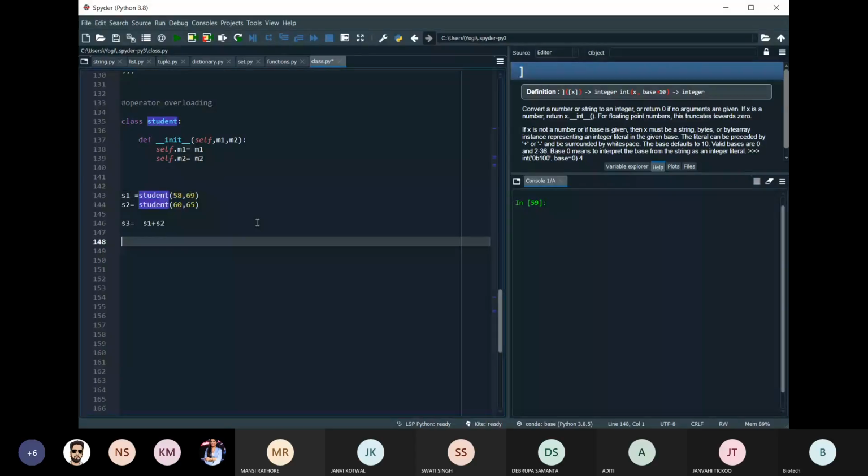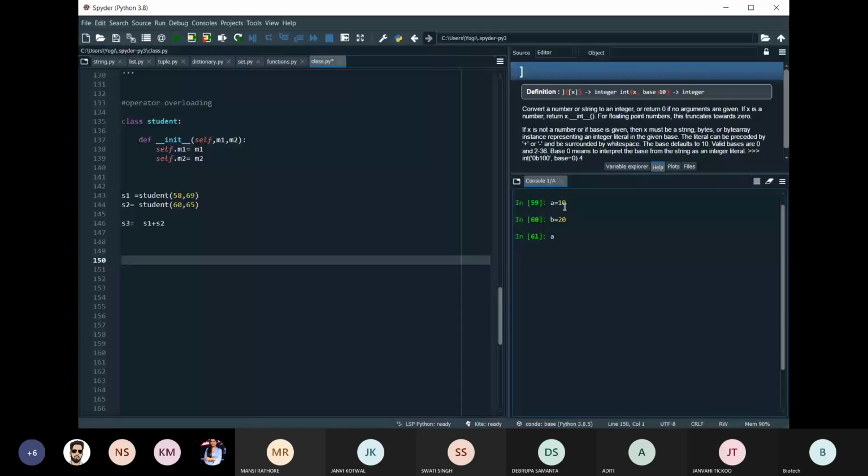Right? So to understand the meaning of the plus operator, I have already told you that one operator can have different meanings for different objects. Here is one simple example. A is equal to 10, B is equal to 20, and I am doing A plus B, which gives 30. How does A plus B work behind the scenes?